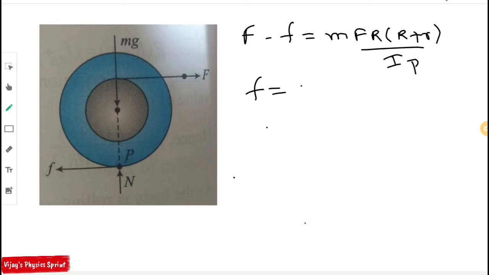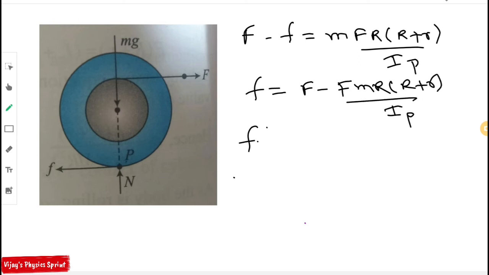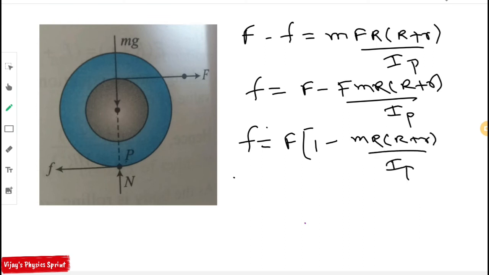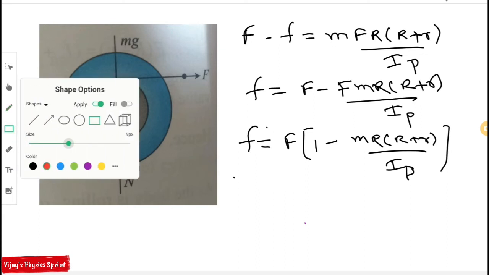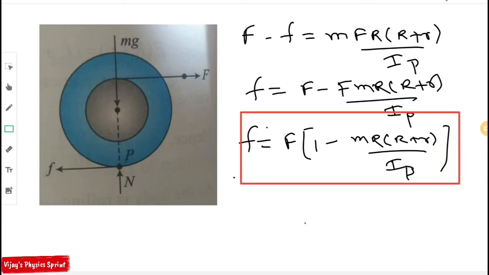So the frictional force is f equals F of 1 minus mR(R plus r) by Ip, where the value of Ip equals Ic plus mR square, the moment of inertia about the point of contact. If you substitute the value of Ip here,